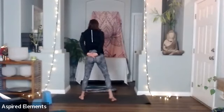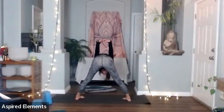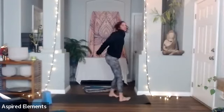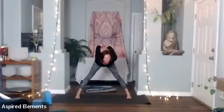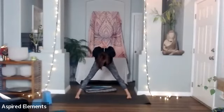Good, and then coming up, reaching arms behind you. So you're going to take your arms behind you, interlace, draw your toes in towards each other, and then drop forward. Drop forward. Good, and then releasing from there and coming back up, opening up your arms, and you're going to turn to the